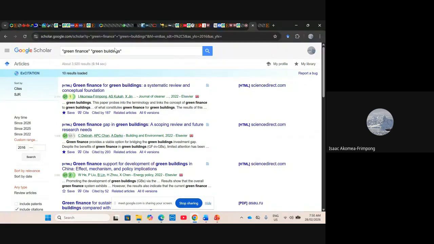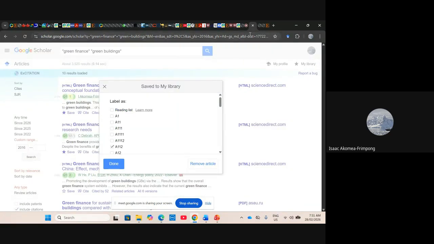So let's assume these are the articles that I have searched for. Now I want to save the most relevant ones. So what do I do? What I will do is click on save. If you have seen save,